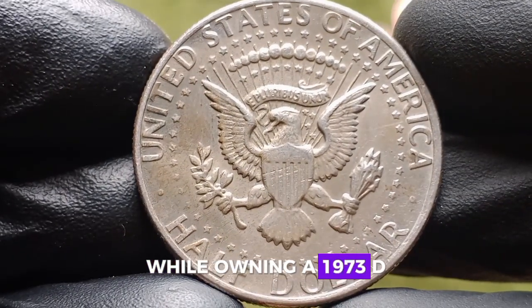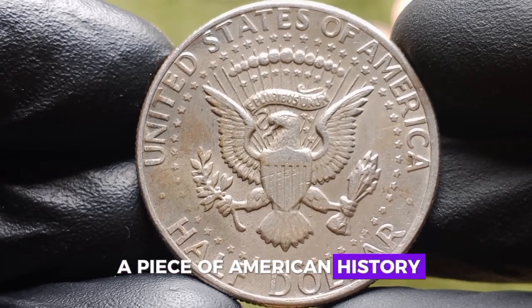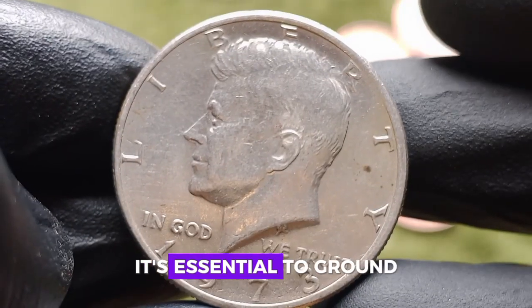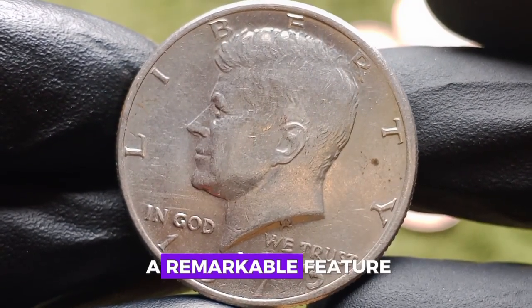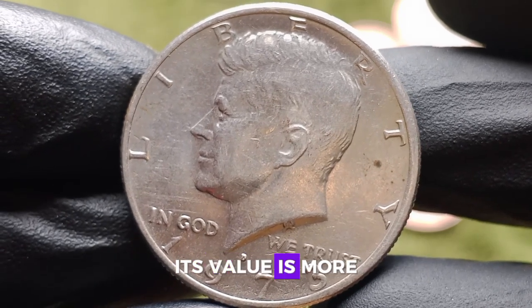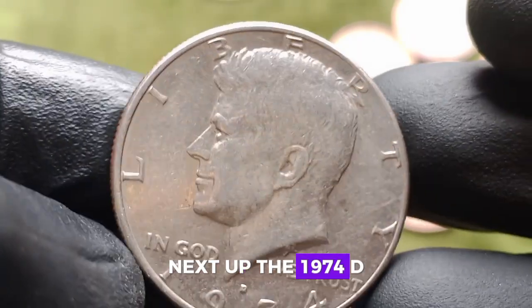While owning a 1973 D Kennedy half-dollar is a piece of American history, and perhaps even a treasured part of a personal collection, it's essential to ground expectations in reality. Unless your coin has a remarkable feature or is in an extraordinarily rare state, its value is more sentimental than sensational. Next up, the 1974 D